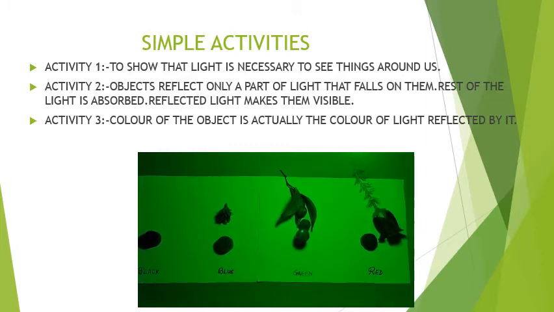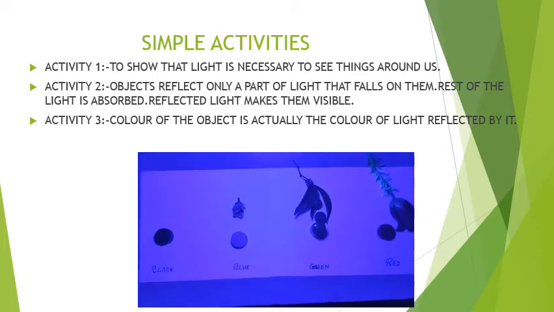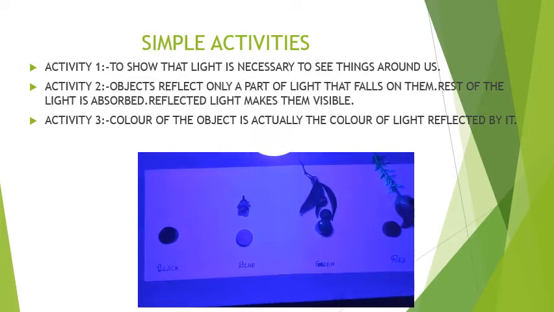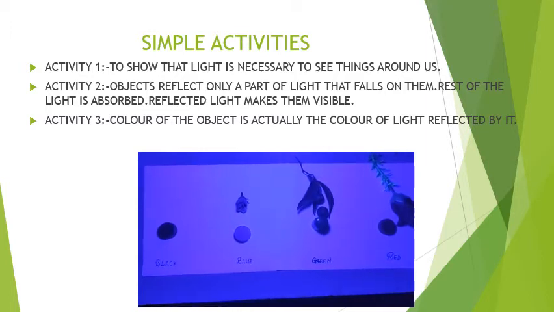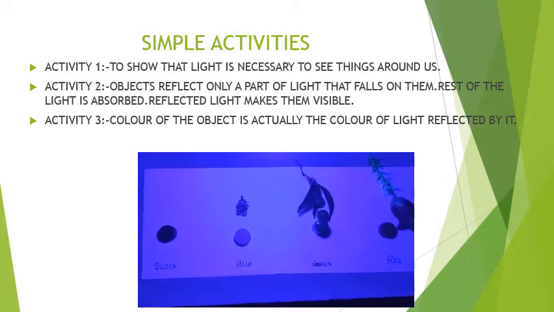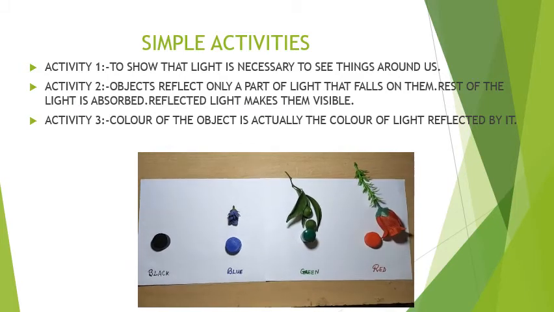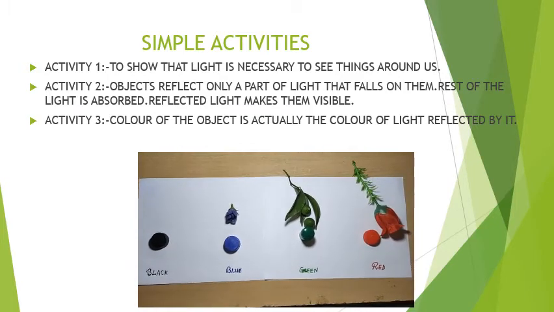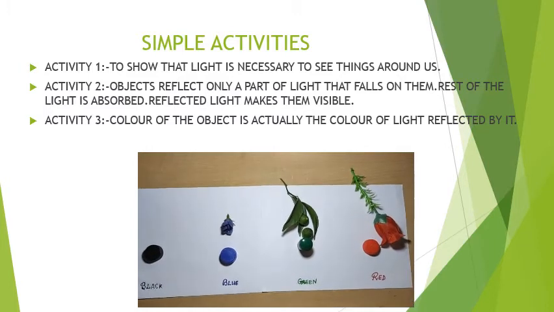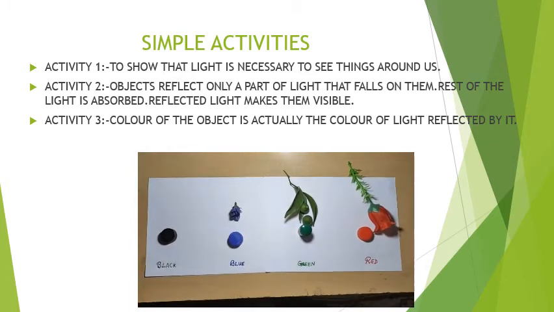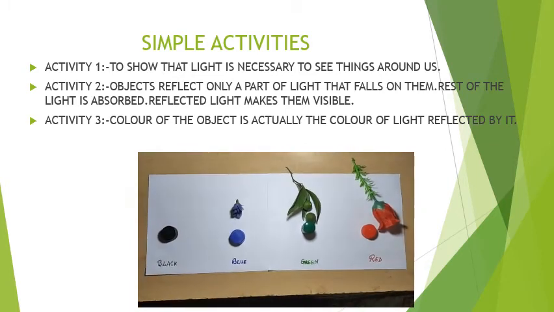Now let us see the things in blue light. In blue light, the blue color objects are visible very clearly, but the green color and red color objects are appearing to be blackish in color, and black is already black. In white light, all the objects are visible very clearly. Red color objects appear to be red, green appear to be green, blue appear to be blue and black as usual is black. How are we able to see these colors?